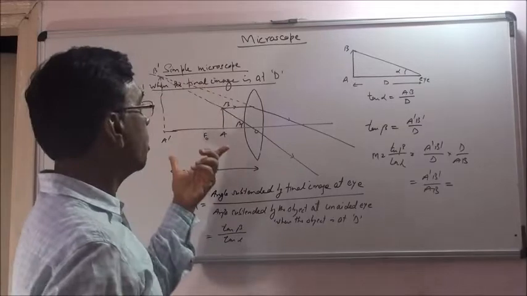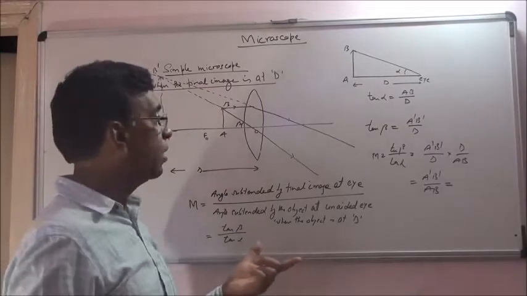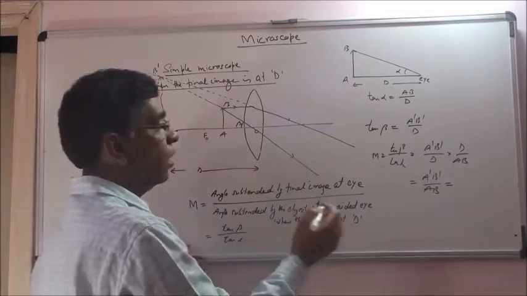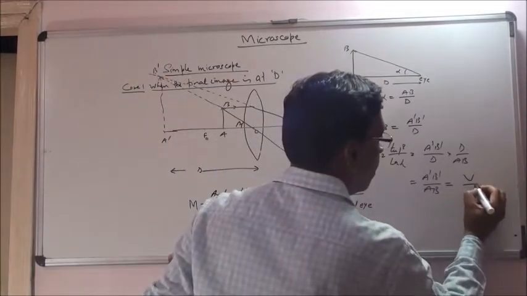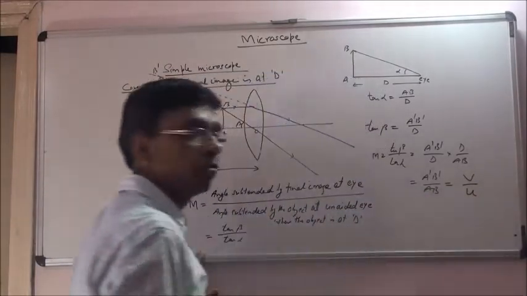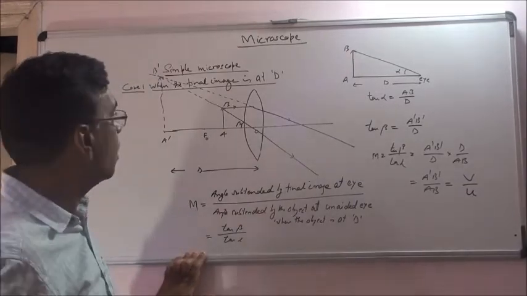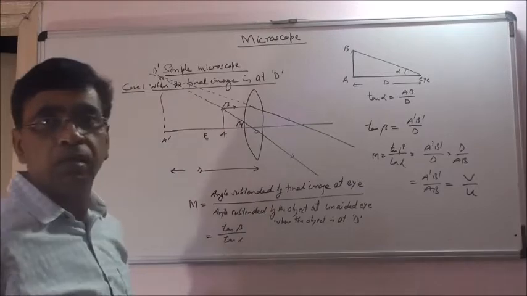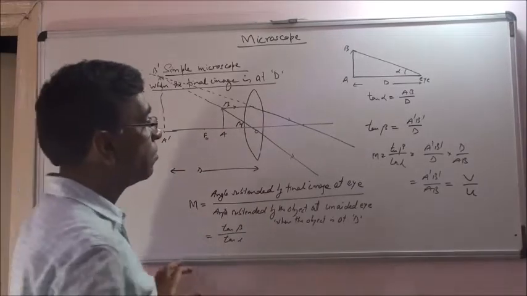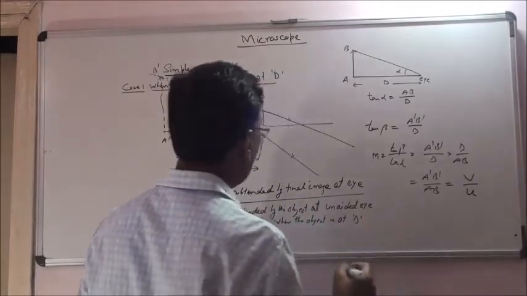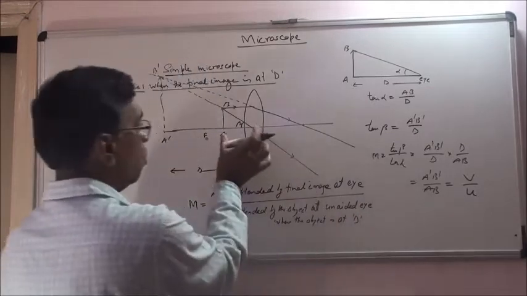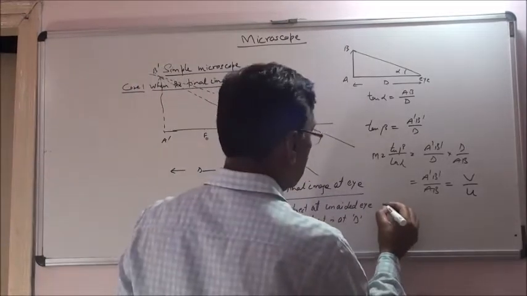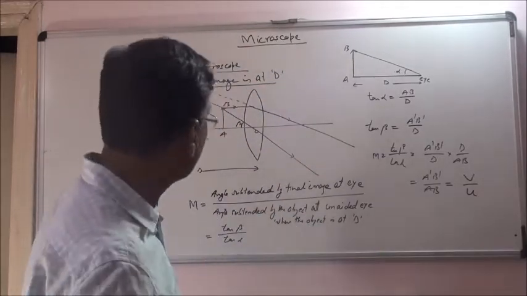We can use the property of the similar triangles. This by this. Actually it is V by U. V is this distance and U is this distance. Okay. We don't know this, but this is known to us. So use expression